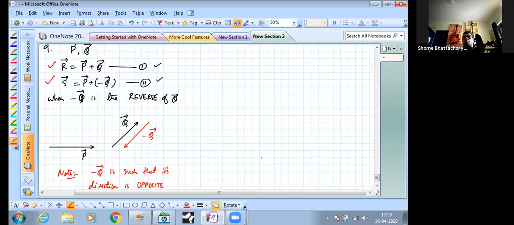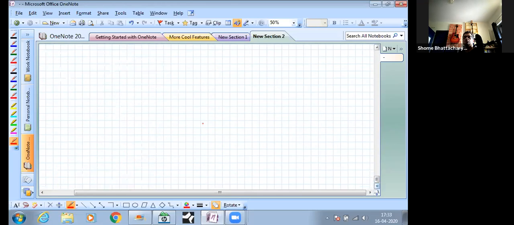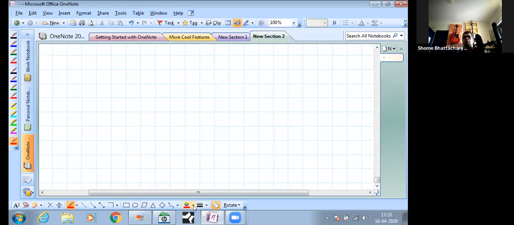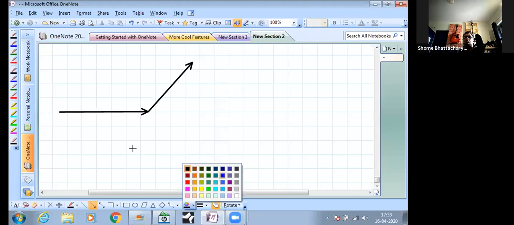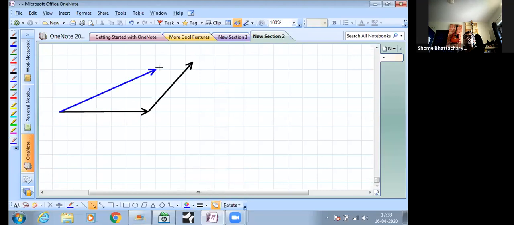So let's convert that to some geometrical information now. It says that if I take the vector p, which is let's say like this, and to that I add the vector q, which is let's say like this, I will get the resultant vector as let's say r, which is like this. So this is a triangle we are already very familiar with. It's nothing but the vector addition triangle, which we've been seeing all along today. So this is no big deal for us. We have to just apply the statement of the parallelogram law, sorry, the triangle law.